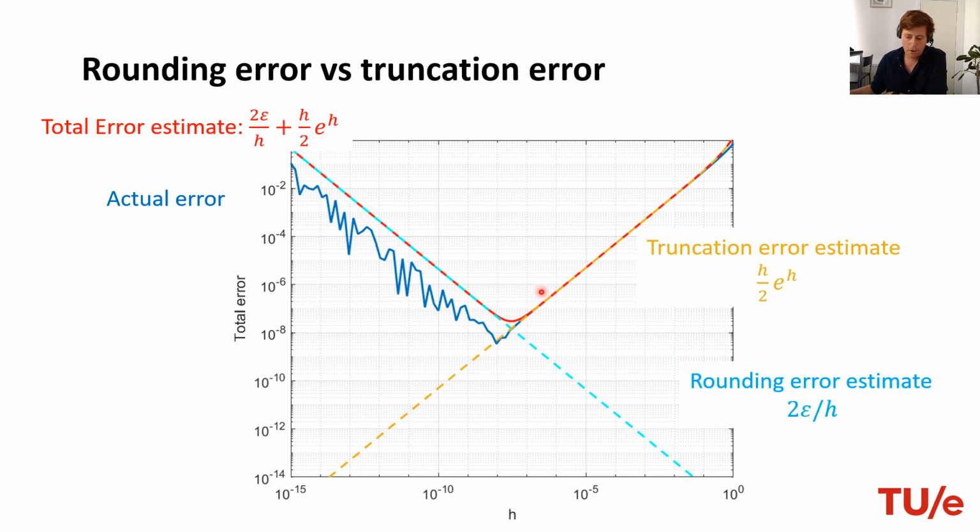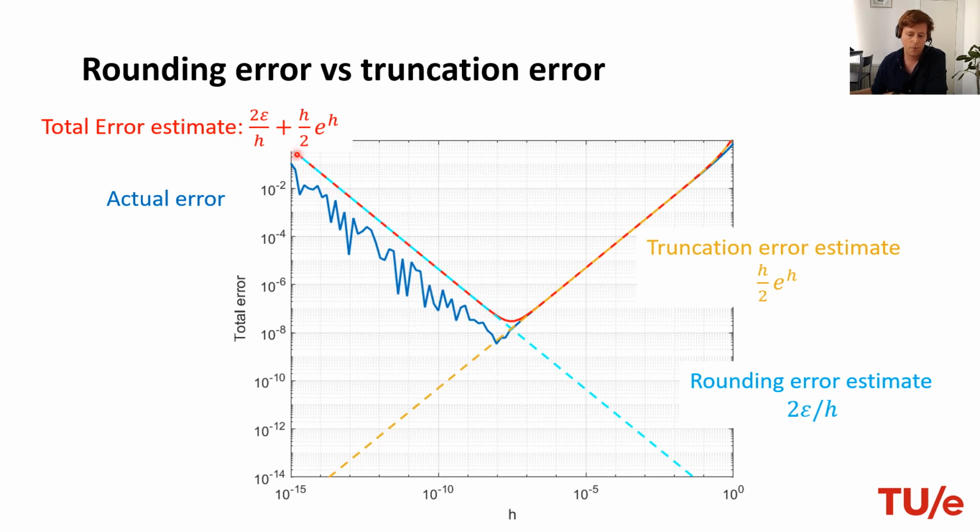We see that upon decreasing h further and further, at some point the rounding error starts to dominate. So this goes up, whereas the truncation error goes down as we would expect. But the rounding error really starts to dominate. And we see that even here, we are off by quite a bit, but still we have a nice